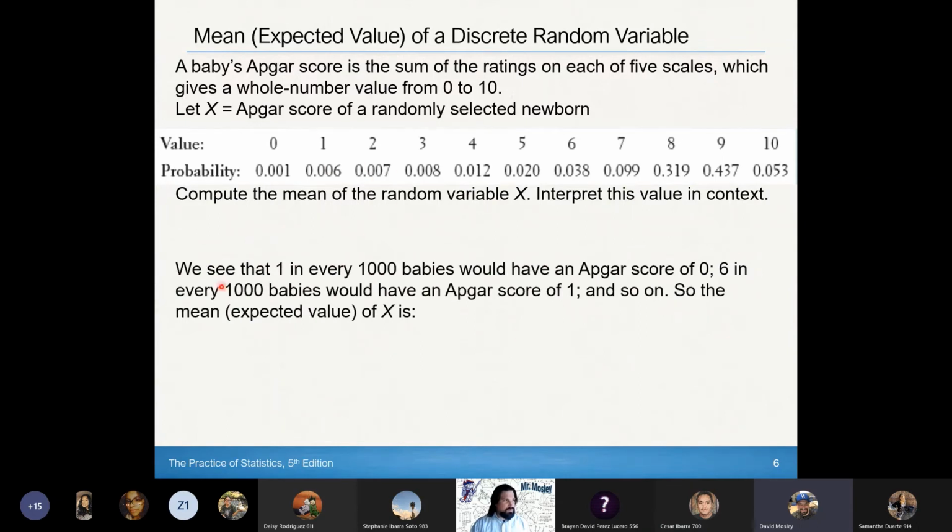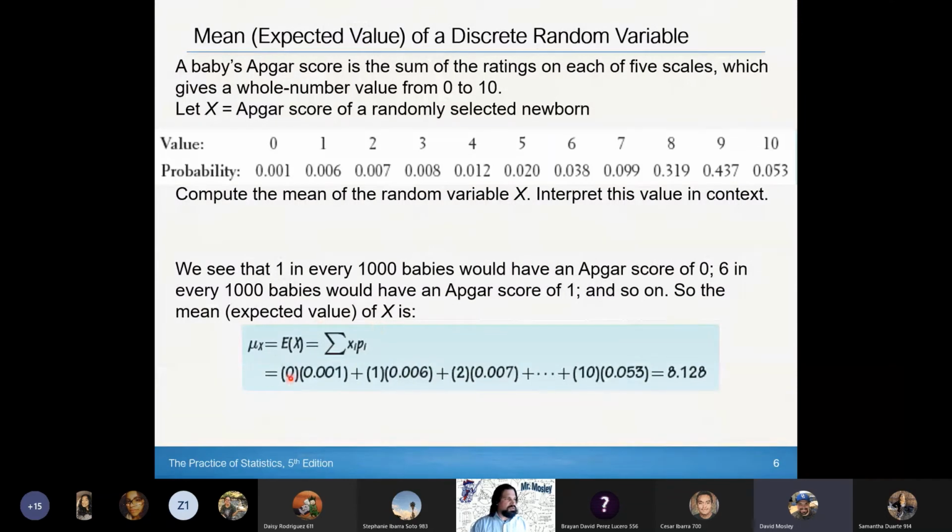If we look at this table, we can see that 1 in every 1,000 babies would have an APGAR score of 0, 6 in every 1,000 babies would have an APGAR score of 1, and so on. And that's just converting the decimals into solid values. So the mean expected value of X is,